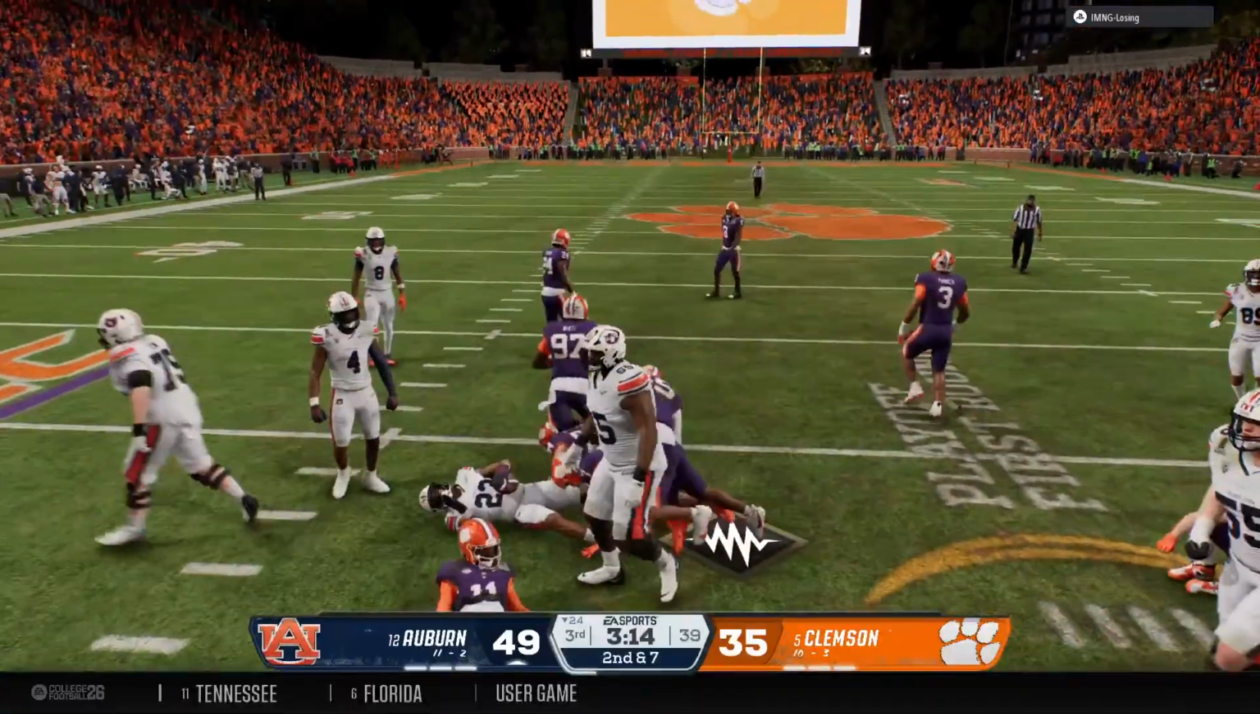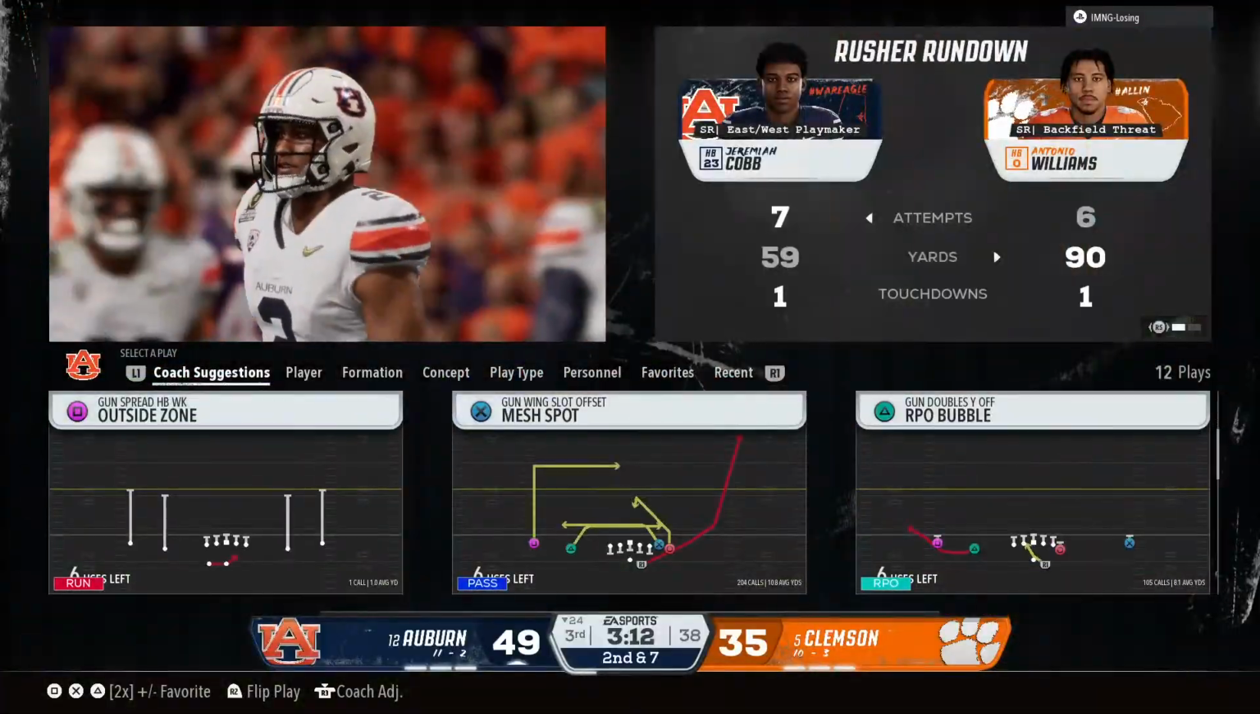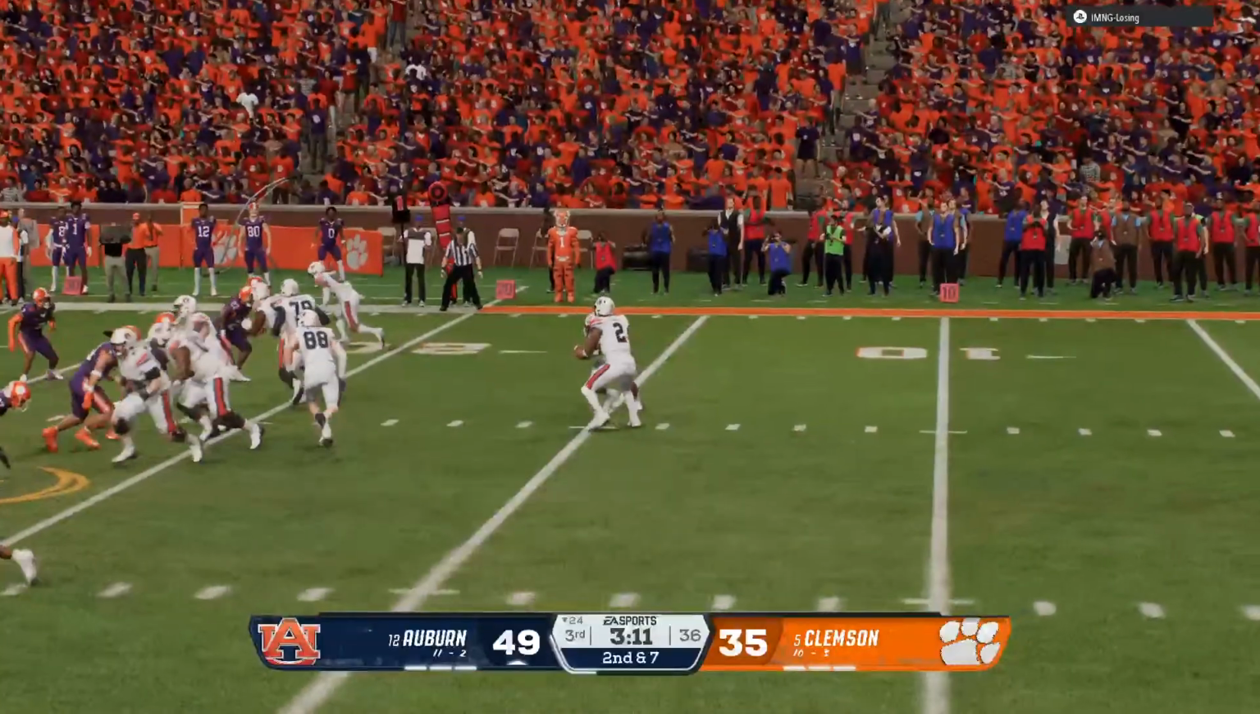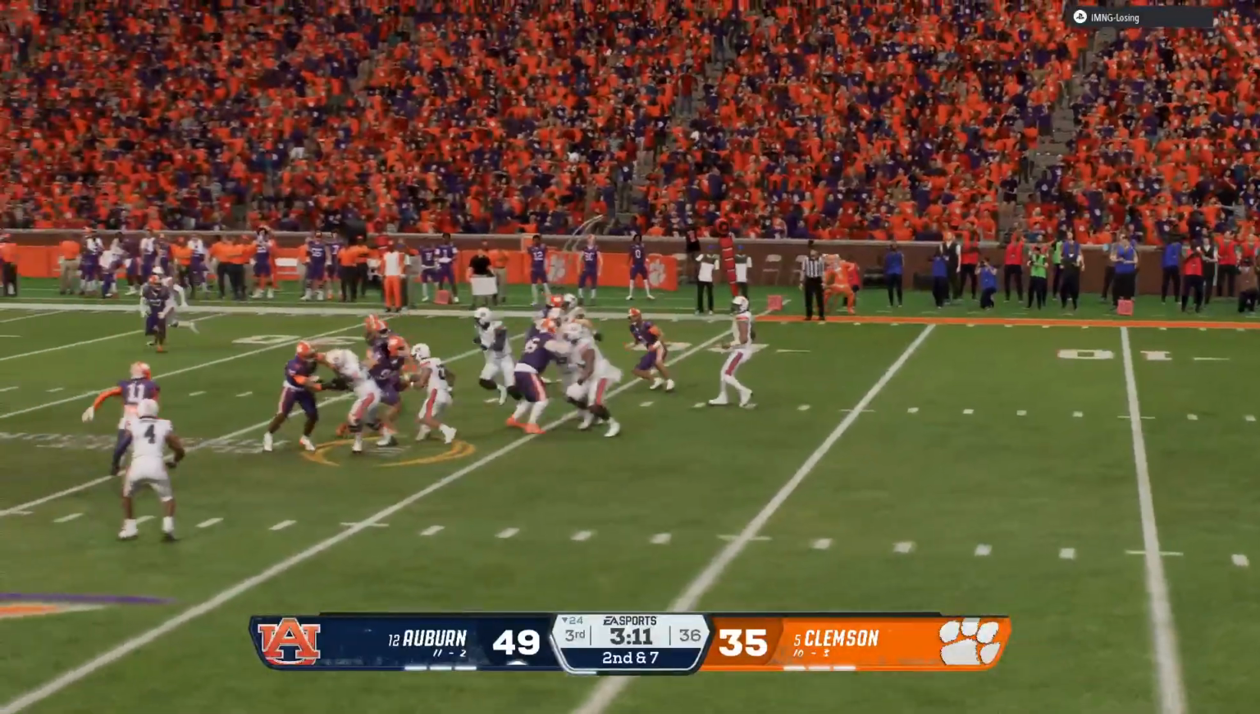And they'll stop him short of the line to gain. It's exactly what you want to see as a play caller. You get positive yards to be able to keep